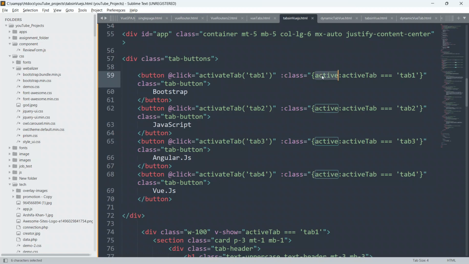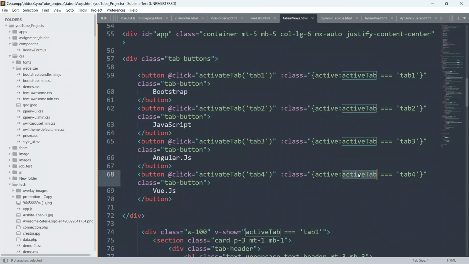First of all we are checking which tab is active, by saying activeTab equal to tab1, activeTab equal to tab2, activeTab equal to tab3, and activeTab equal to tab4. If right now tab1 is active, we will apply the active class. If tab2 is active, we will apply the active class. And if tab3 is active, we will apply the active class.